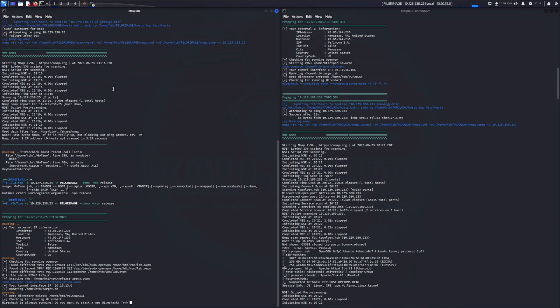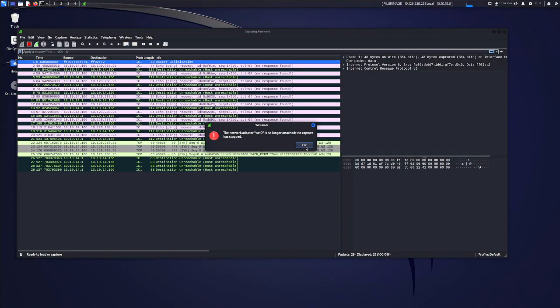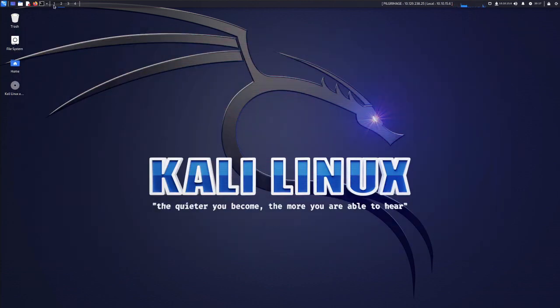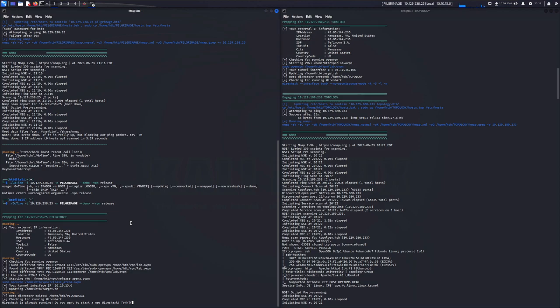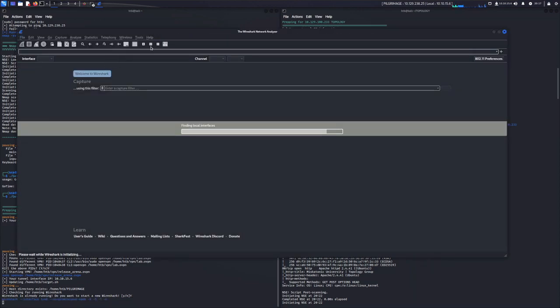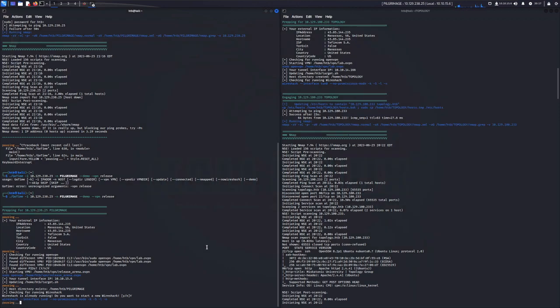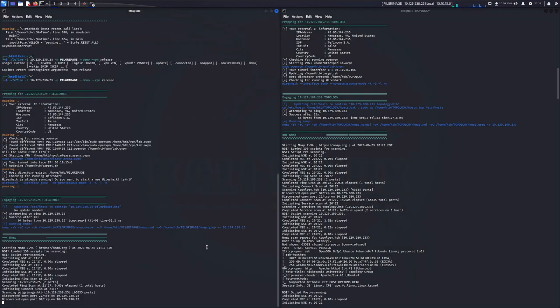It says, hey, I already see that there's Wireshark running. Do you want to start a new one? In this case, Wireshark gets really angry every time you kill the interface it's actually listening on. So we're going to come over here, close Wireshark. Yes, we would like to start a new Wireshark. And again, we will shove that guy out of the way. And here we go. This time our ping instantly succeeded and we're off to the races, conducting our nmap